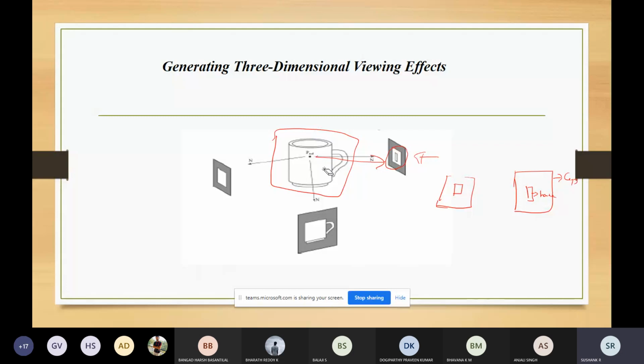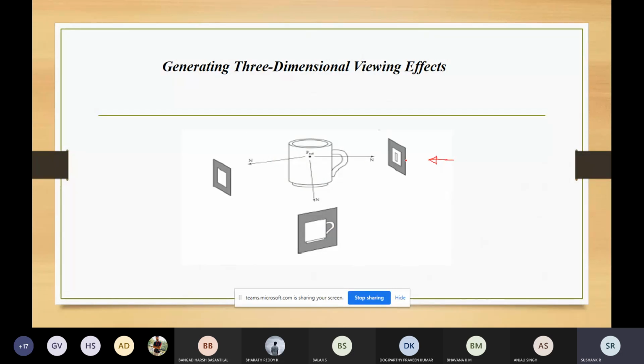And when you're seeing from the front side, this is the image you are getting, and this is from the other side. So see how we are generating the viewing effect. What this is doing is giving you different views of the object. An example can be like the house example. You're generating the view of this cup from three directions. In this image, we are generating the view of this cup when we are looking at that object from the right side.